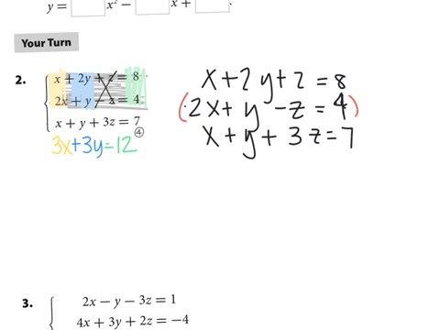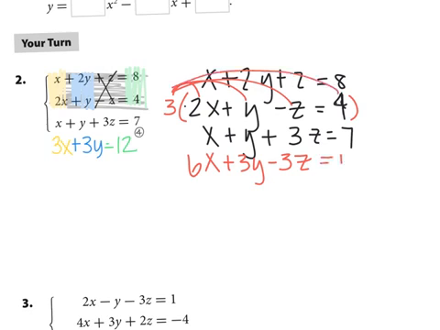So if I multiplied this entire equation by 3, because we're allowed to do that. We're allowed to do whatever we want as long as we do it to both sides. We talked about that last time. Well, 3 times 2x would be 6x. 3 times y would be 3y. And 3 times negative z would be negative 3z. And then 3 times 4 is 12. Okay, so if I combine these 2 together,